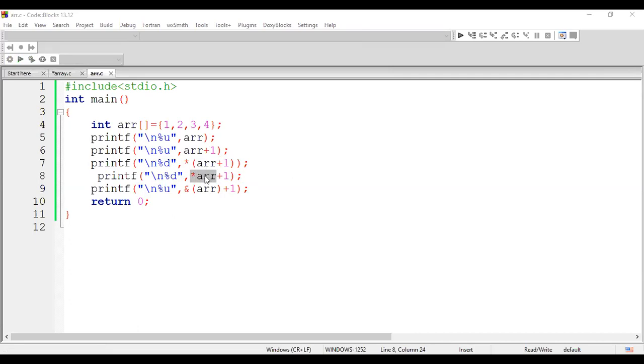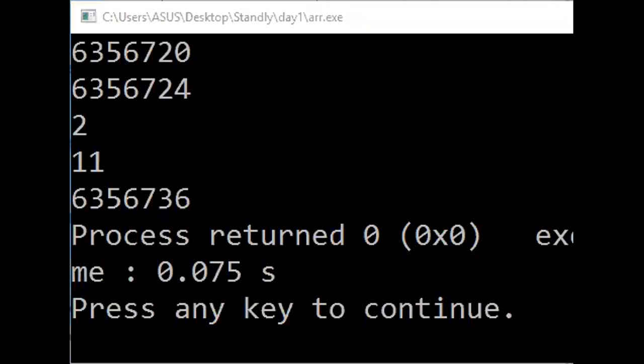So here, star of ARR. Let me mention 10 here so that you can find some difference in your output. Else you can't identify the difference. So instead of mentioning the bracket, if you fail to mention star, what happened? By default, this value will be taken as a base address, guys. Star of base address value 10. 10 plus 1 will be taken. I'll show you the output. Just have a glance. 10 plus 1 will display 11 as your output. Can you notice here? It is displaying 11 as your output. So this is the difference.